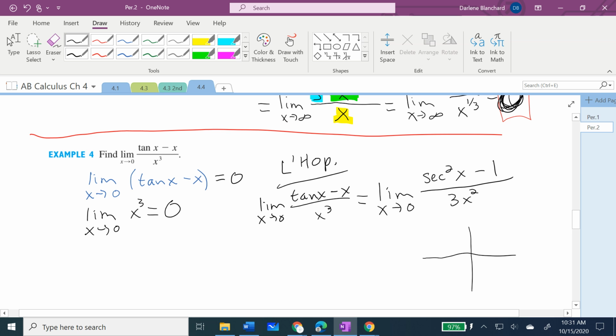Who is secant's reciprocal? Right, cosine. And cosine starts at 1 and then does its lovely wave. So that means that at x equals 0, secant is the reciprocal of 1, so it's 1. And then I square the 1, and it's a 1. And then I subtract the 1, and